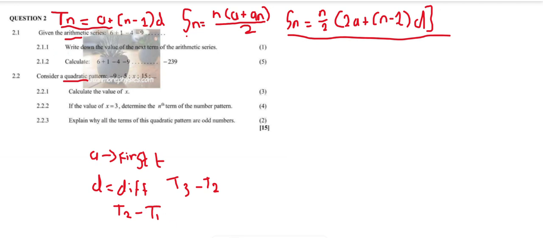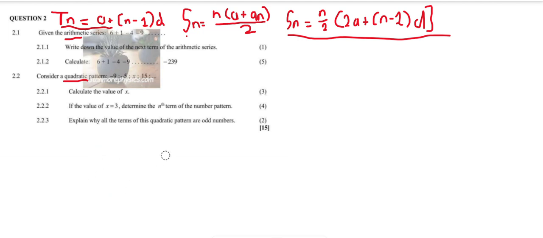Okay, let's erase everything here. Now the first question is saying write down the value of the next two terms, the next two terms of the arithmetic sequence. Now